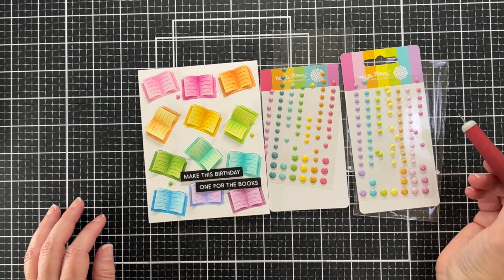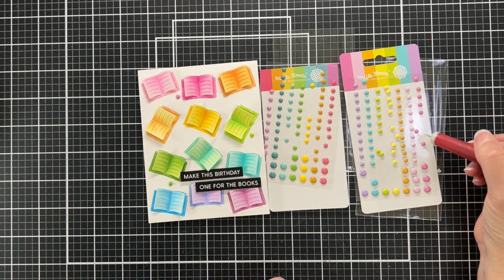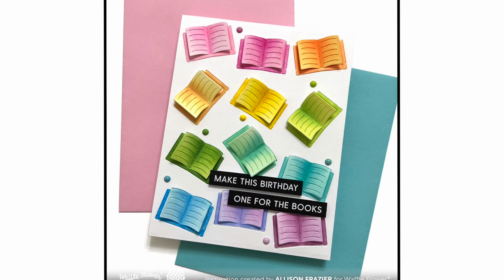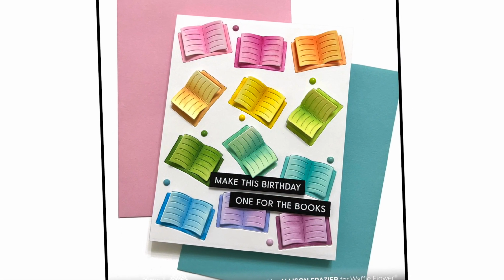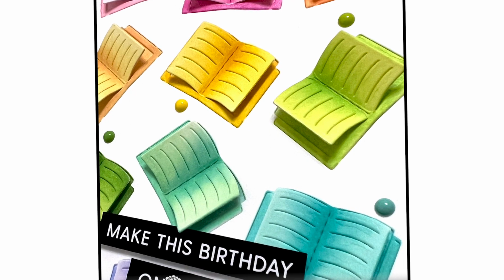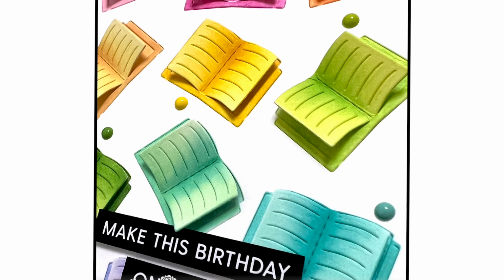They look very similar, but they are slightly different colors, and they have more colors on the Waffle Flower website. So here is my finished card, and I just think it's adorable, and I love these books, and it's just